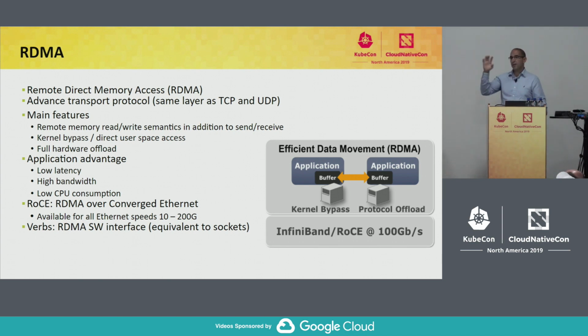Kernel bypass is when the application talks directly to the hardware, bypassing the kernel, and by that we get very low latency. And it provides full hardware offload, at least with the Mellanox NICs, which means that we can transfer hundreds of gigabits without any CPU intervention. So the CPU load is 0, and the efficiency is very, very high. RDMA started from a technology called InfiniBand, but today it's part of Ethernet. It is called RoCE. And the software interface is not sockets. It is an interface called verbs, which is very important because the normal net devices that we transfer to the container don't provide a RoCE or RDMA interface. We need a different interface.